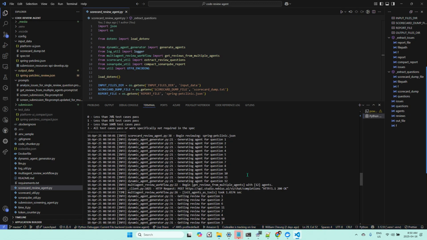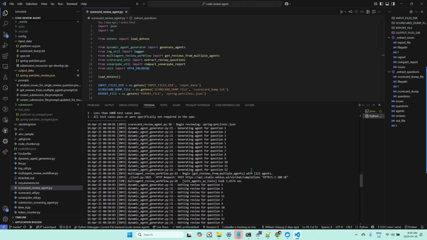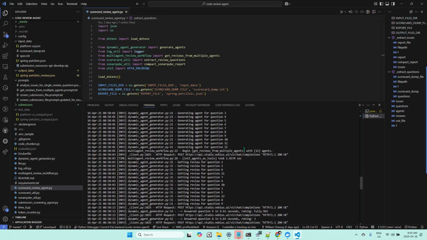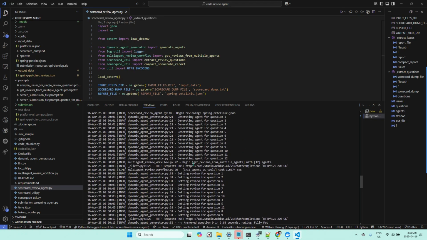And this is dynamic at runtime. It's not hard-coded or configured. It just supports any number of questions you have in the scorecard. And then it calls Llama. This is a call to Llama, a post to the cloud provider, which is Nebius, hosting Llama 3.1. It calls Llama to